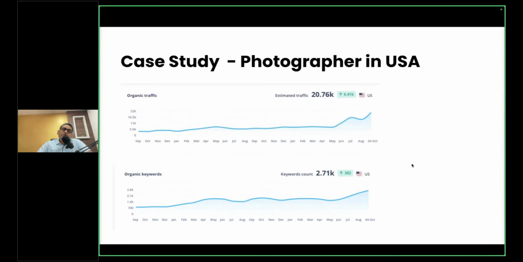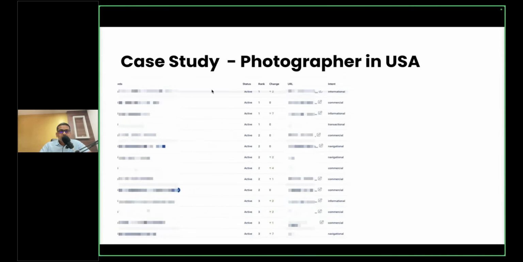This is one of a photographer in US. Client came to us like 1 or 2 months back. We did some campaigns and they're really doing very well. So only what we did in this is the same client. So you can see like within the last 1 or 2 months, a lot of keywords have popped into the top three. What we did there in this particular case, this is why I have this webinar, because I want